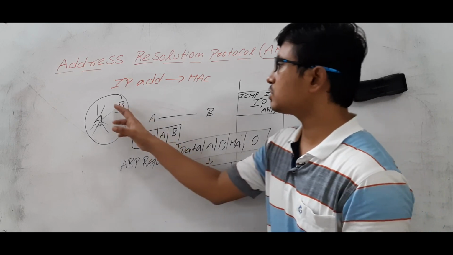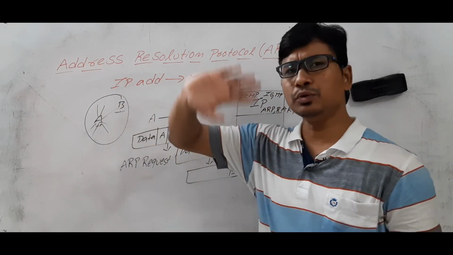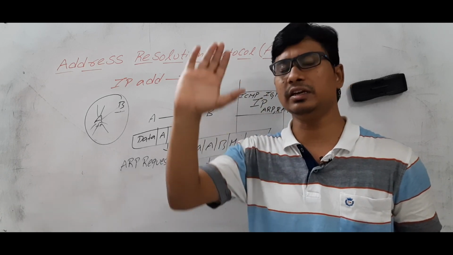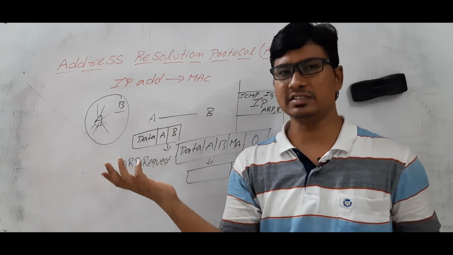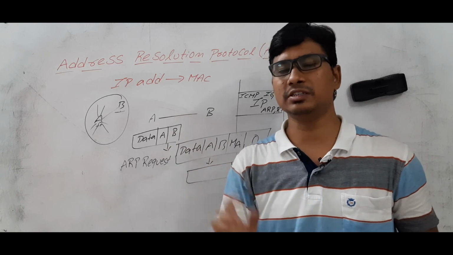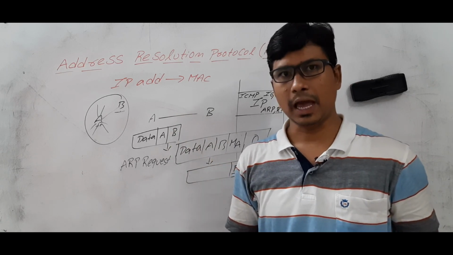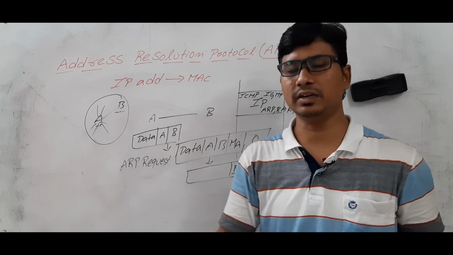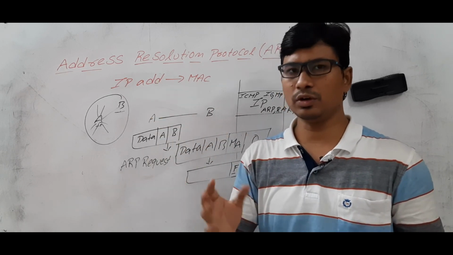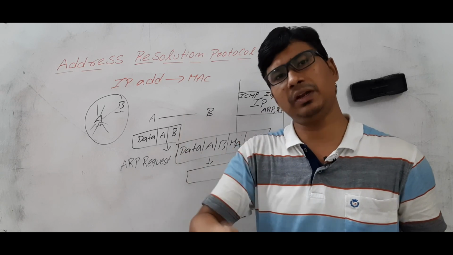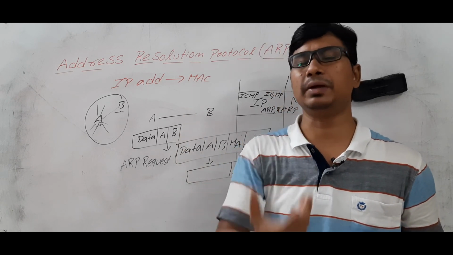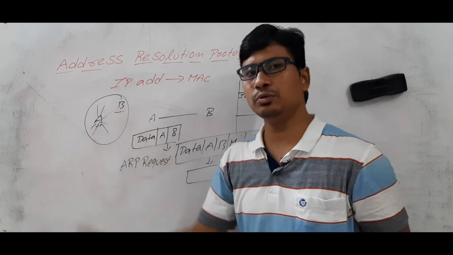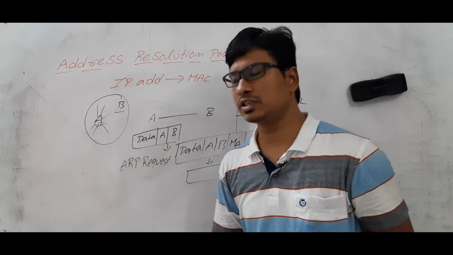Now B has to send the reply. B has no need to do the broadcasting. B can do the unicasting also. Obviously in a class everyone can listen, but he can even send a WhatsApp message to me if he knows my number. Am I right or wrong? Suppose in a WhatsApp group you have sent, who is roll number 60? Roll number 60 will not reply in the group. He can send a personal message to me, so I will come to know his name. So B can do the unicasting also.